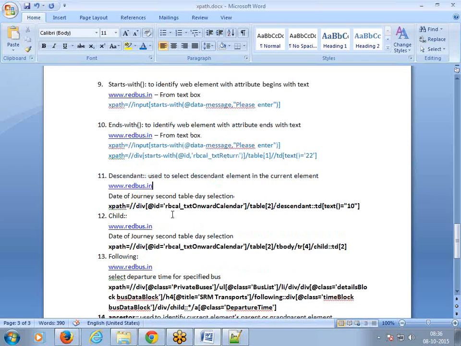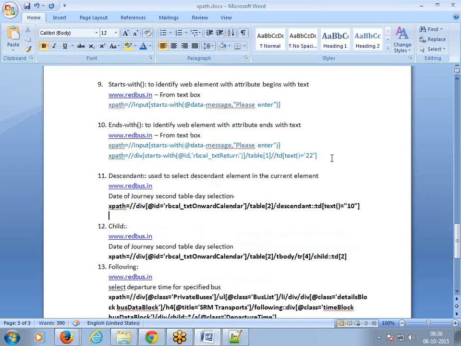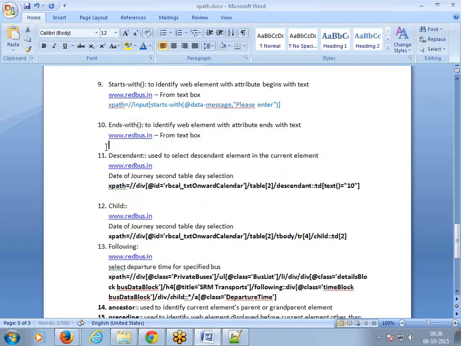Okay, fine. Now let us see descendant. These examples are wrong. Descendant. There is one more thing we can use in XPath. The descendant. Descendant means